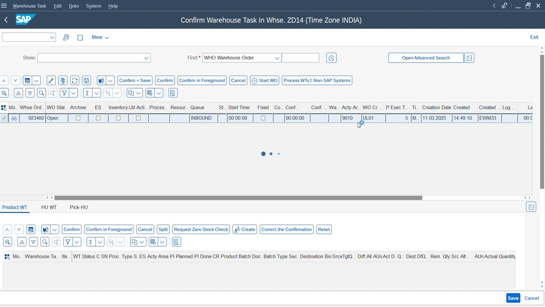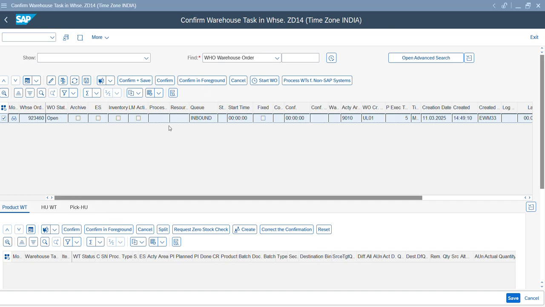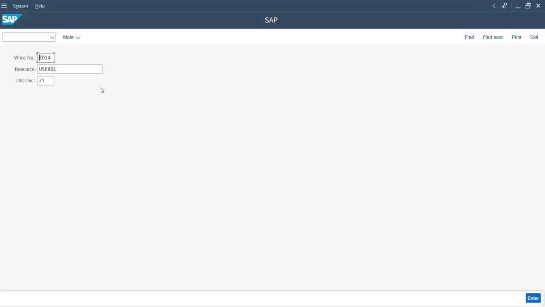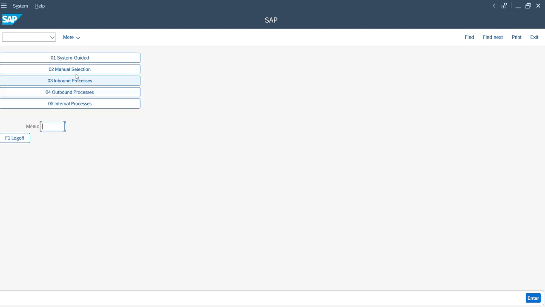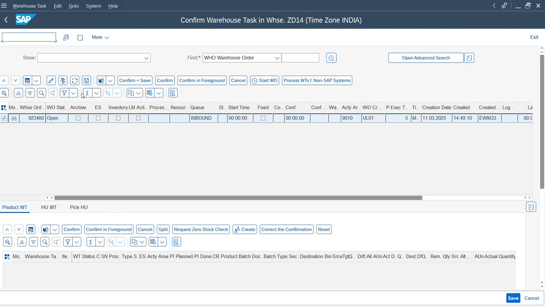In this case, the unload step is there. So the very first warehouse task which is created is for the unloading, and since there is a door, the system will treat it as a complex unloading. Which means that you're unloading from the truck or container, and then